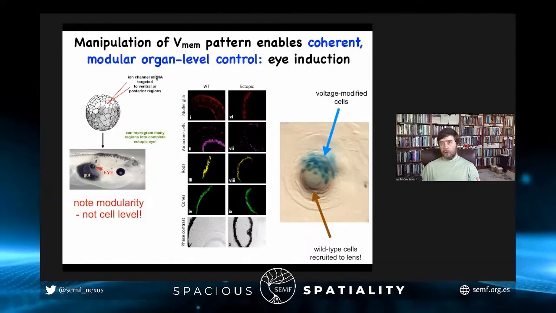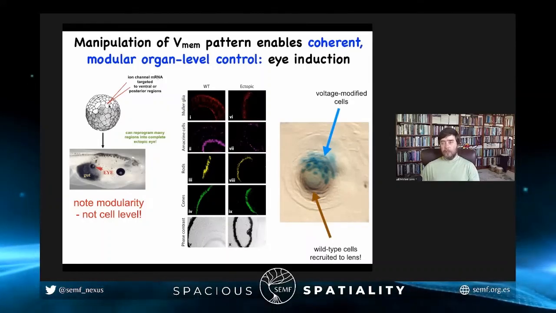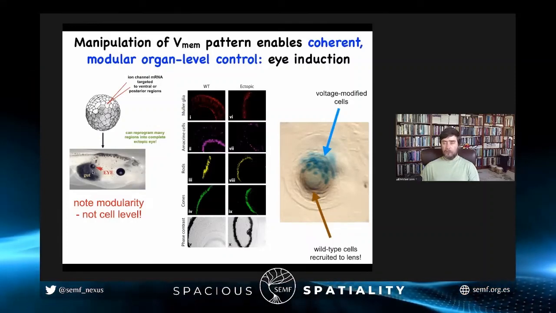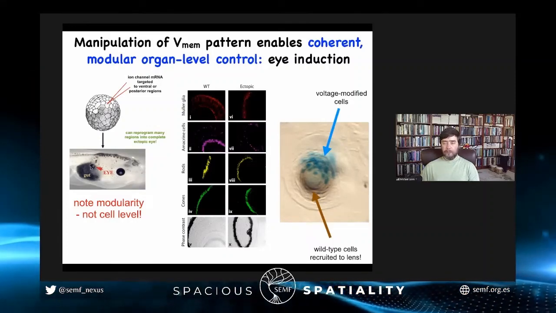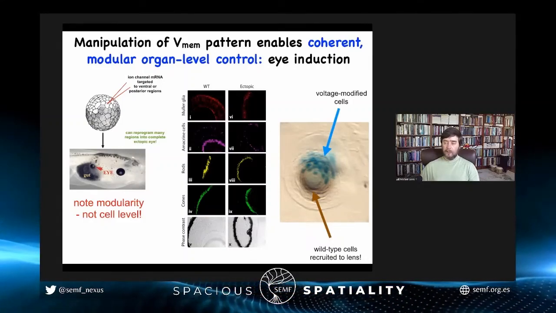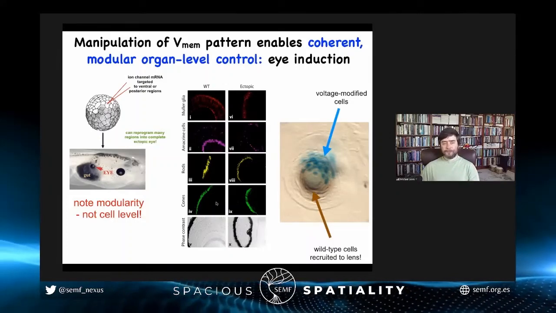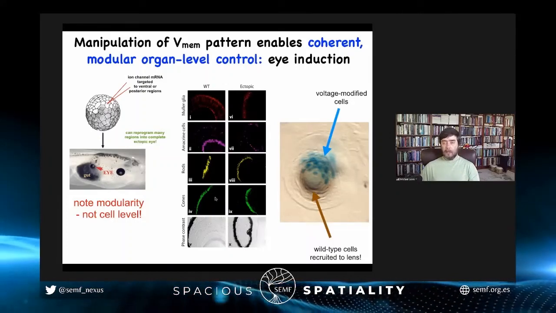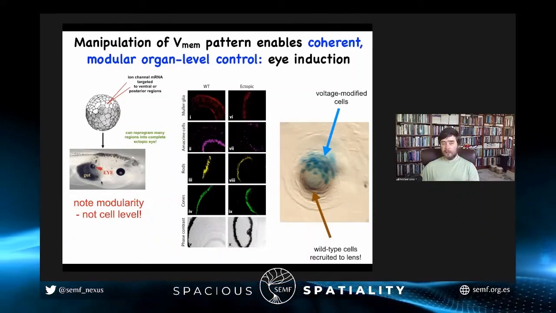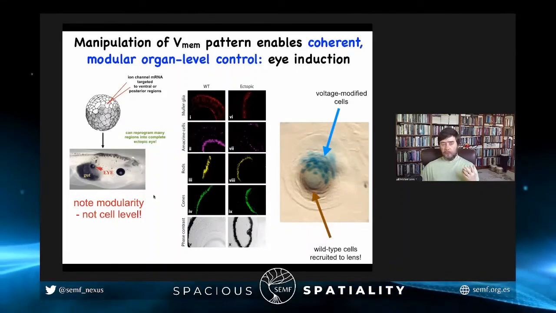So we took an ion channel RNA that we knew was going to set the same voltage state. We injected it into precursor cells that are going to give rise to the gut. And sure enough, those cells can form a complete eye. The eyes that are formed will have all the right layers, retina, nerve, optic nerve, all that, lens. And they can be formed anywhere in the body, as long as the cells get the right pattern that tells them what organ to make. Now, notice two very interesting things here.